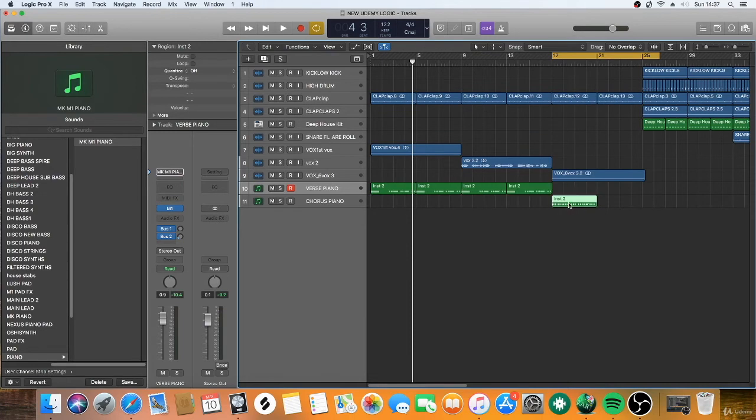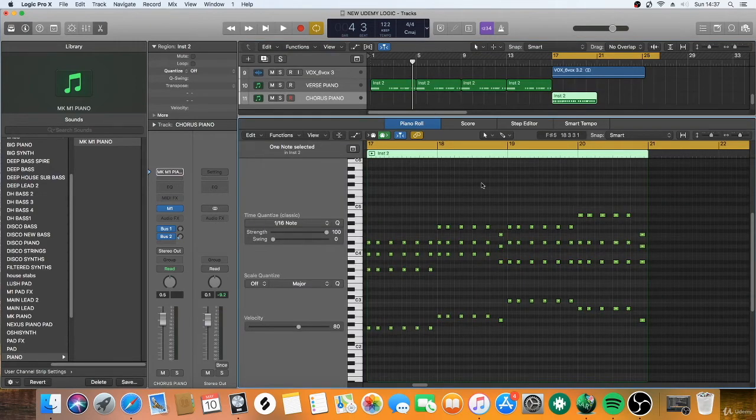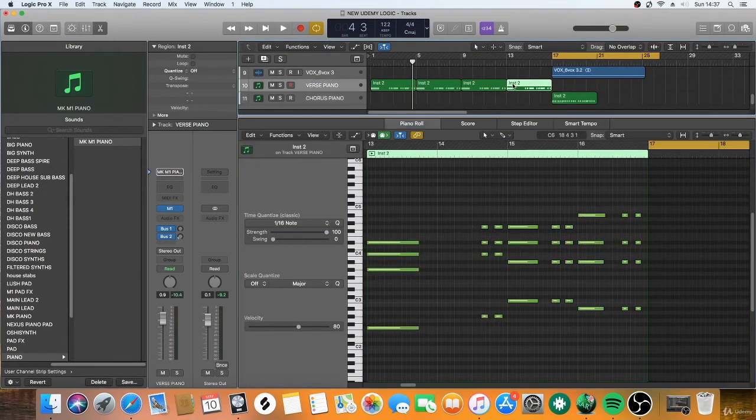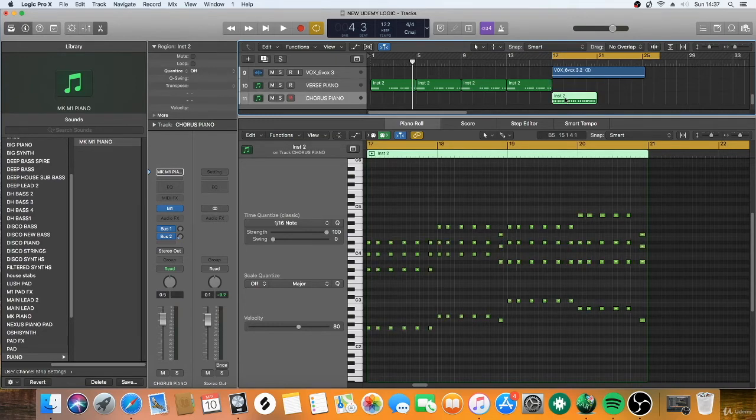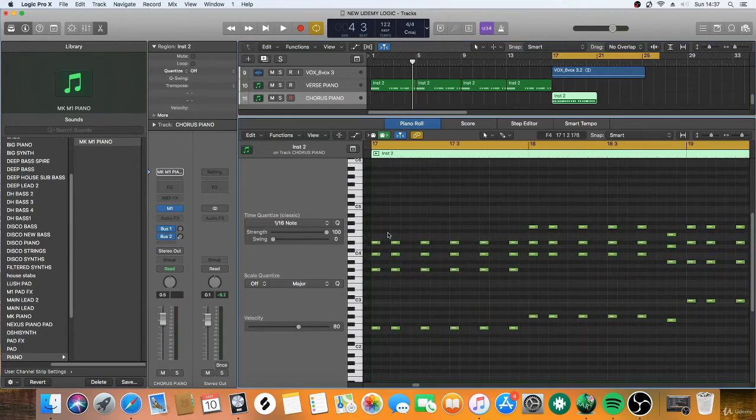Now, I've made some notes for the chorus, and if you look over here, the notes for the verse are the same notes for the chorus, but it's played differently. All you need to do is go to the chorus, which is here, which I've already done. If you look at the notes here, they're all cut up differently. So if you hear the chorus,